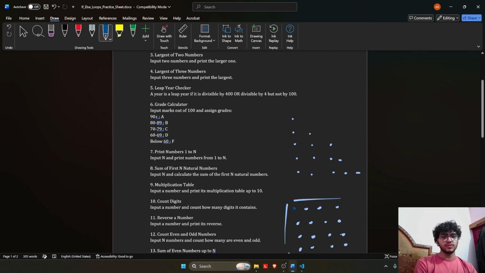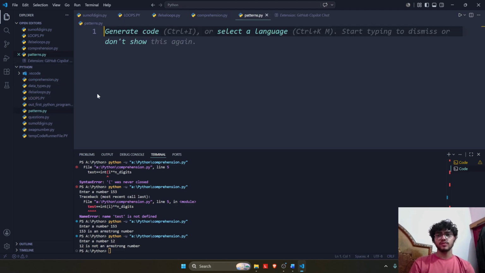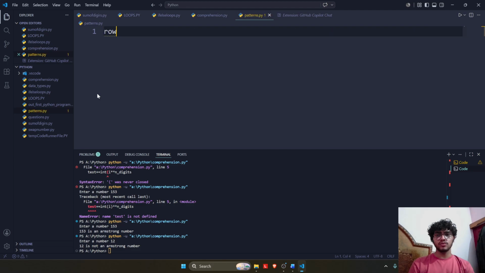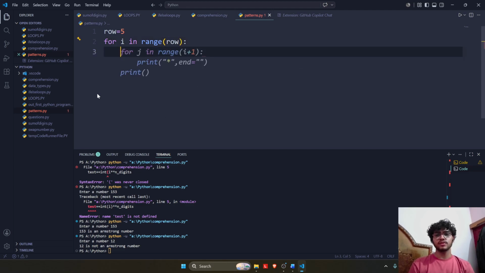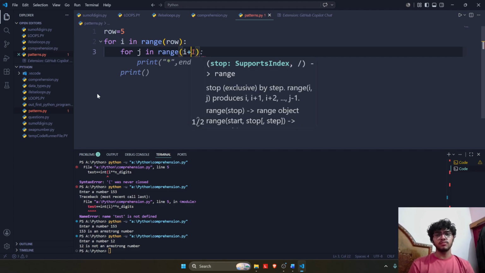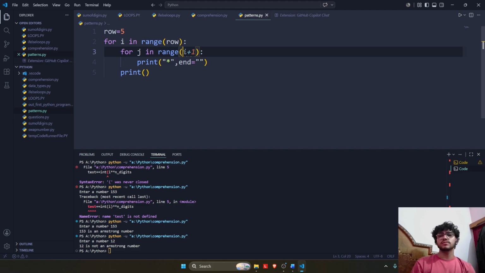So we need to iterate 1, 2, 3, 4 times first, then again 4 times in the second row, then third again 4 times in the third row, then again 4 times in the fourth row. So by this we can easily say that we are using a nested loop. So we'll just do row number, let's say 5, and we'll just do for I in range row, for j in range I plus 1, print star. No, wait. For j in range row,